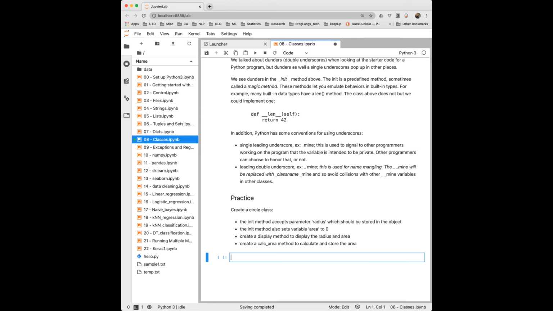So I have a practice for you. Create a Circle class. The init method should accept parameter radius and store that, and it should also set a variable area to 0. Also create 2 other methods, one to display the radius and area, and the other one to calculate the area. So give that a try, and we'll add